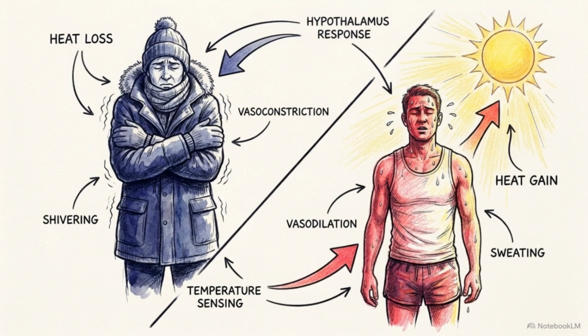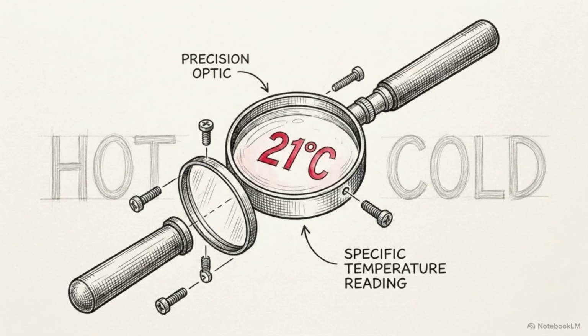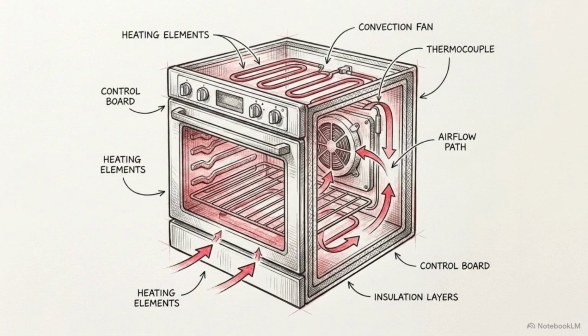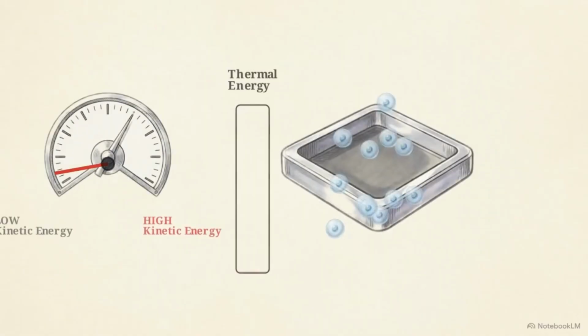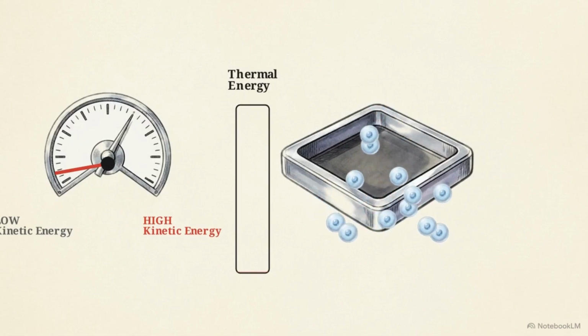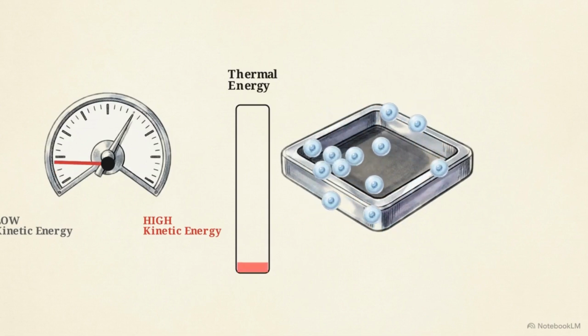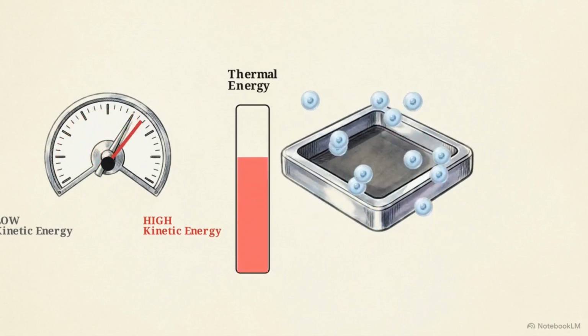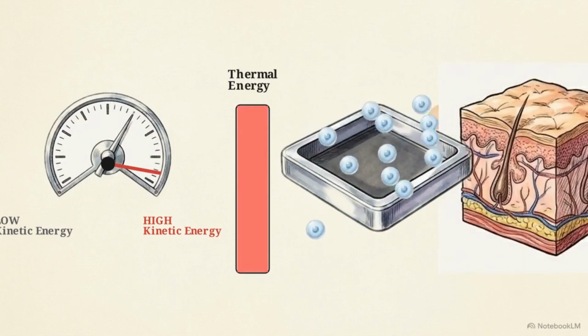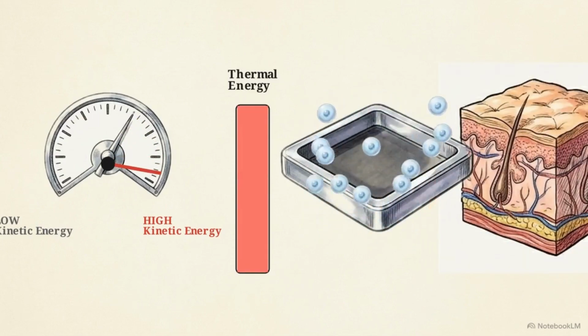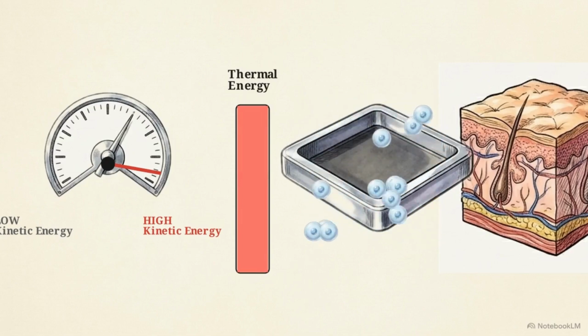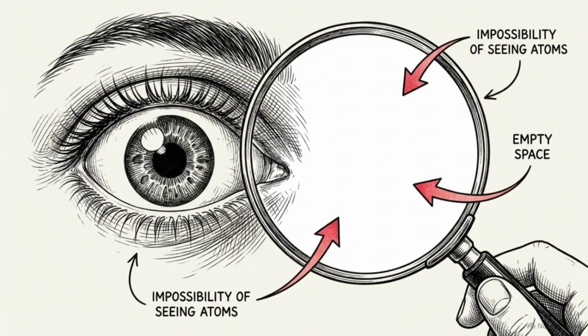When we step outside and say the air feels hot or cold, we are describing a personal biological sensation. Without a standardized scientific context, those words have no objective meaning. To understand what is actually happening inside that oven, we treat temperature as a microscopic speedometer, a measurement of the average kinetic energy of the atoms and molecules bouncing around inside a system. Greater kinetic energy means those invisible particles move faster. The macroscopic sensation you feel as heat on your skin is the physical impact of countless high-speed, microscopic molecules colliding with you. This presents a massive engineering problem.